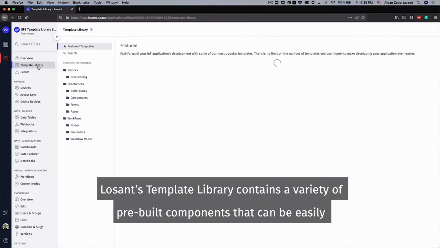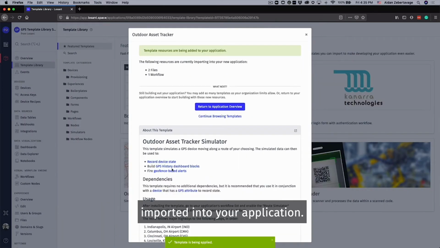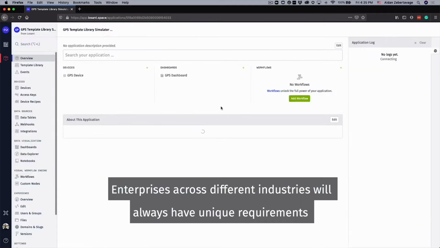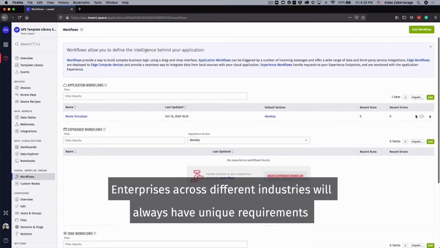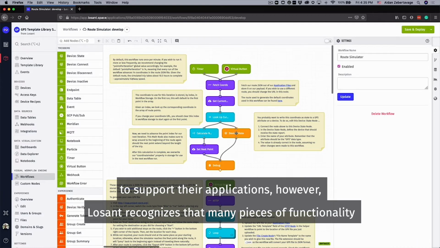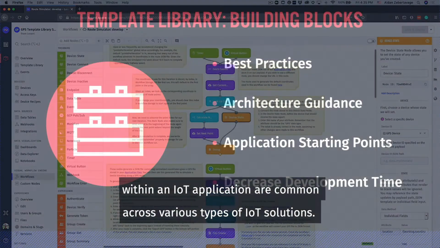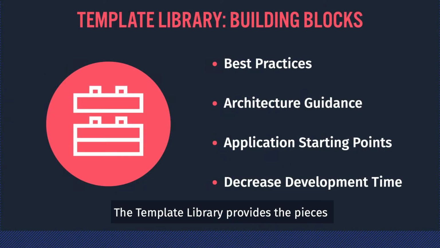Losant's template library contains a variety of pre-built components that can be easily imported into your application. Enterprises across different industries will always have unique requirements to support their applications. However, Losant recognizes that many pieces of functionality within an IoT application are common across various types of IoT solutions. The template library provides the pieces that allow Losant developers to build an application faster and enable quicker entry into